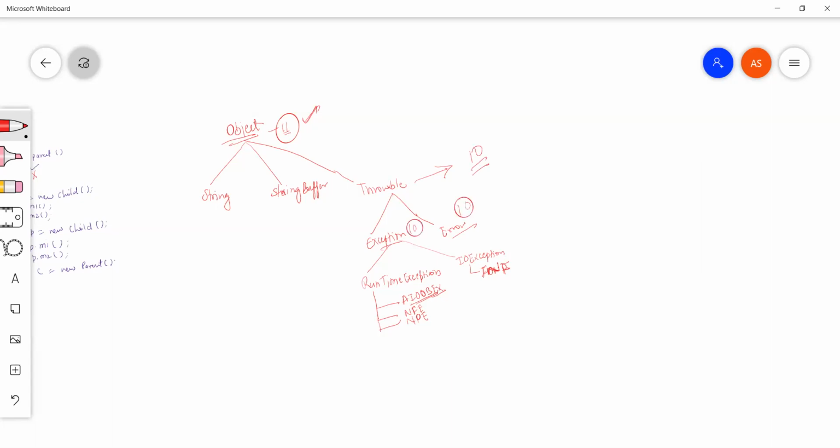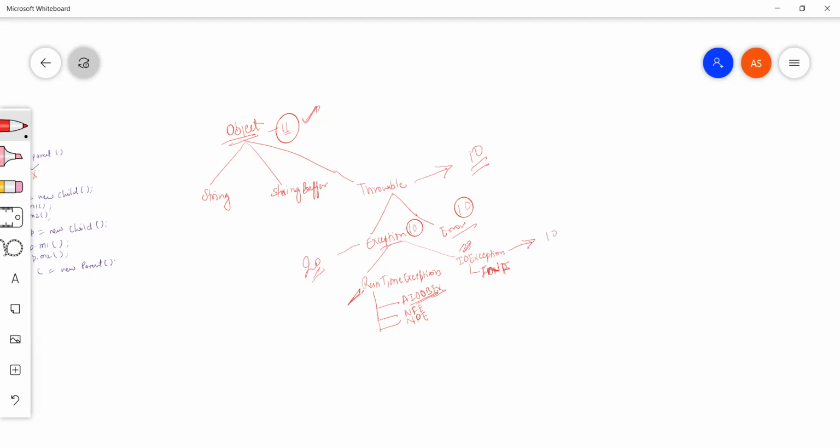Now, there are certain methods like which are related to exception class. Let's say there are 20 methods, for example. So these 20 methods will be available to this class as well and this class as well, right? Further, like which are specific to IO exception, let's say there are 10 methods.